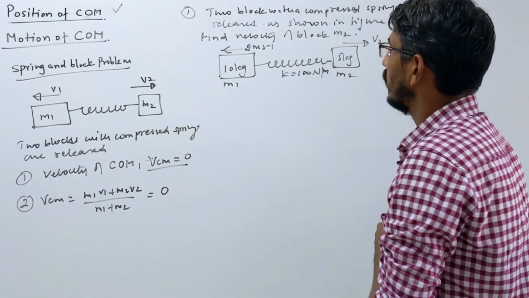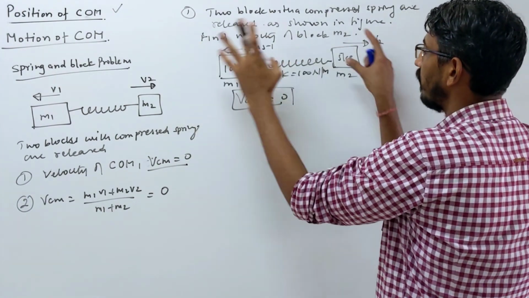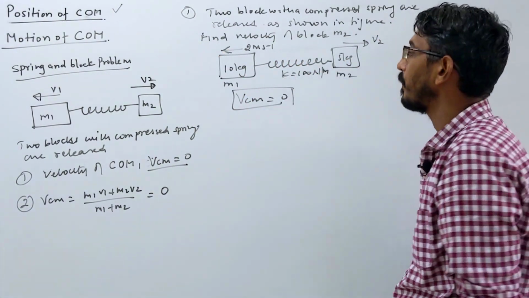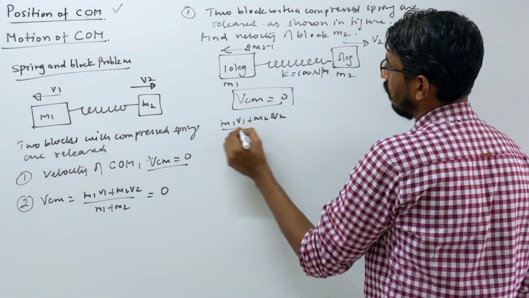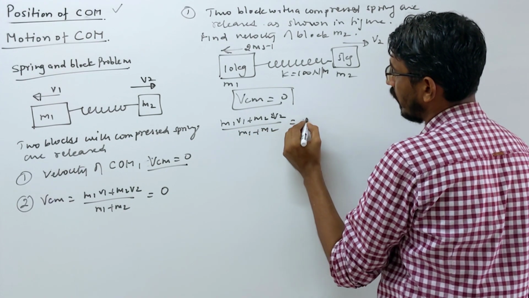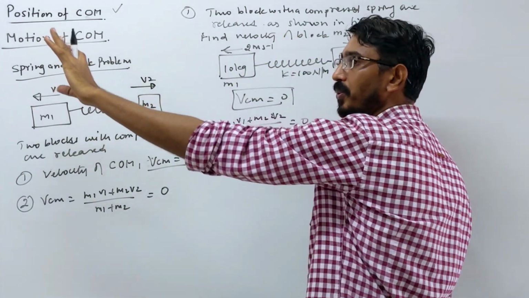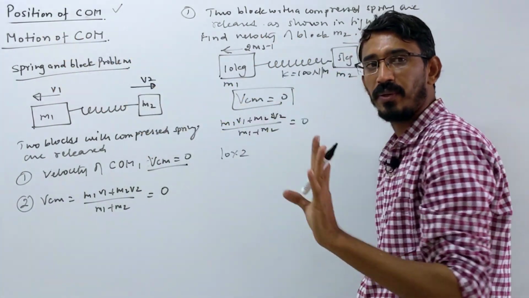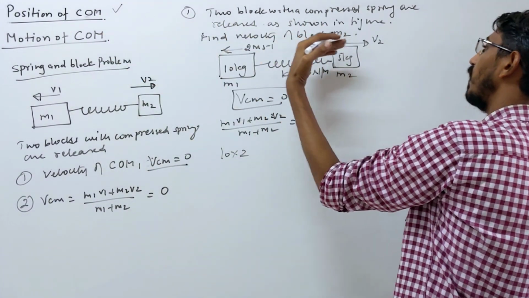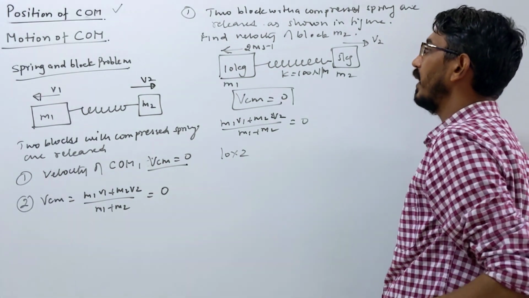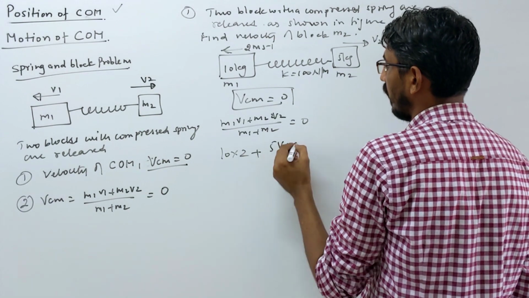Yes. So the velocity of the center of mass will remain 0 because they are one system. This is one system. No external force is acting. Okay. So you write your formula: (M1 V1 plus M2 V2) by (M1 plus M2) should be equal to 0. M1 means that block, 10 kg, into velocity 2. Suppose that direction you call positive, then 2. You can call that negative also, doesn't matter. Any one direction we call positive. That block moving in that direction you call positive, then that block will move in this direction, which will be negative. M2 means this block, plus 5 into V2, which we have to calculate, all equal to 0.